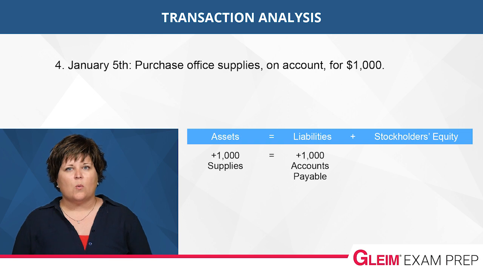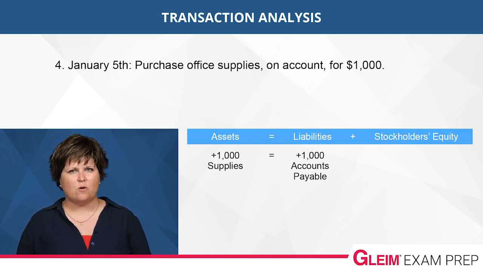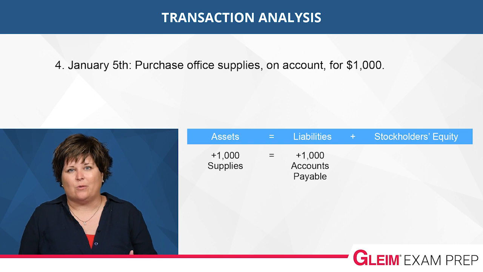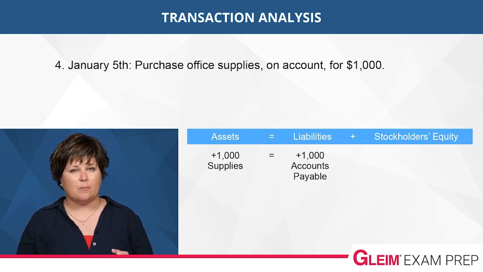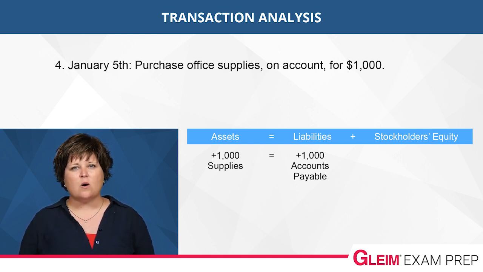In number 4, we purchase office supplies. Think of like paper, ink toner, file folders, those sorts of things. We have a local supplier who lets us put these purchases on account. Now, this means we do not have to pay for the supplies at the time we purchase them, so there's no cash in this transaction. We get supplies, which are assets right now, ready to be used in the business. We also now owe for these supplies, which increases our liabilities.